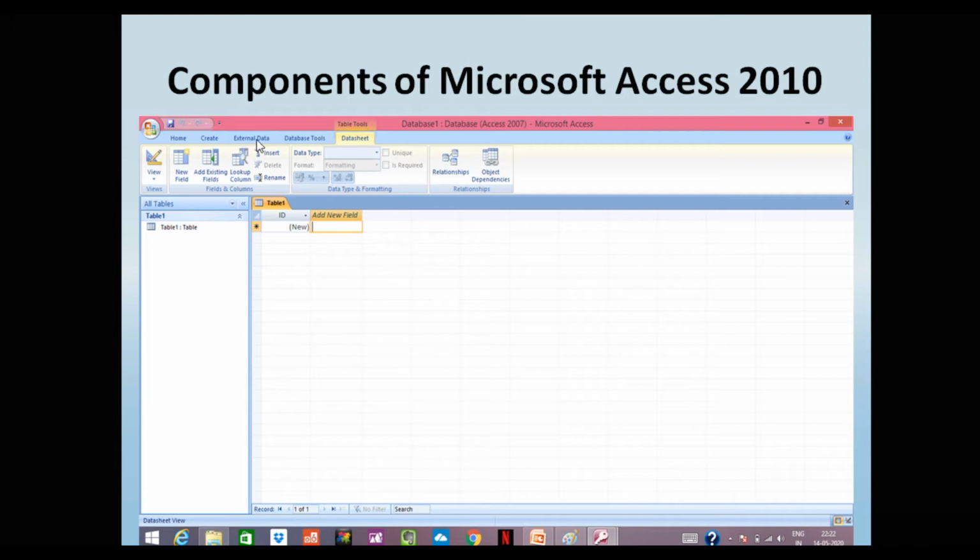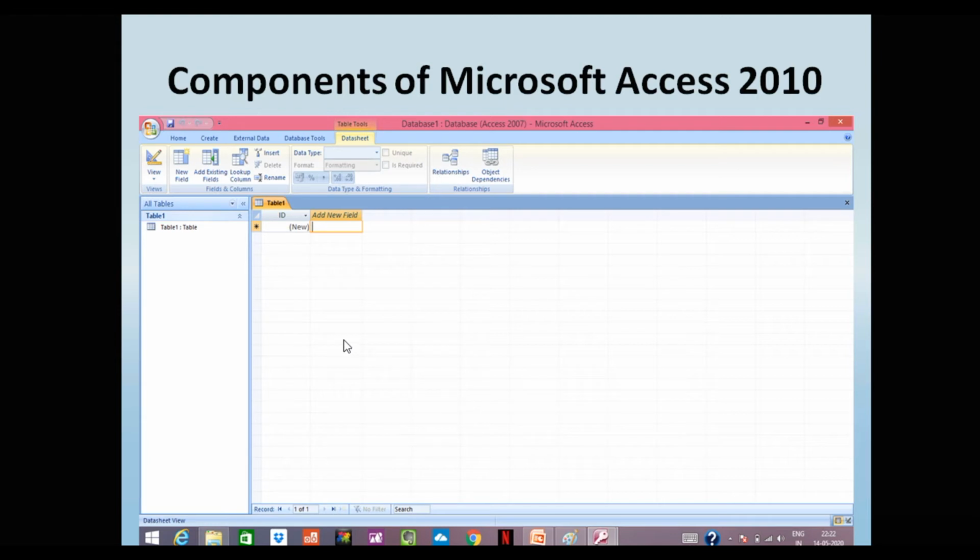Now let's see all the options which are present here in the toolbar, this is known as ribbon. Okay, these all are tabs. Now let's repeat once again. This is our title bar, this is our quick access toolbar, this is Microsoft Office button, this is our file tab, this is ribbon, these all are known as tabs, this is our working area.